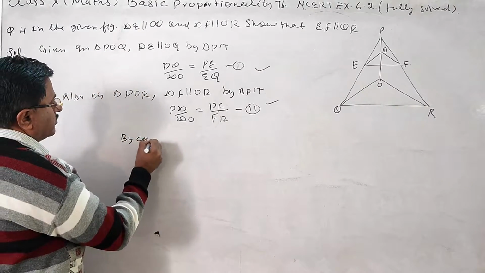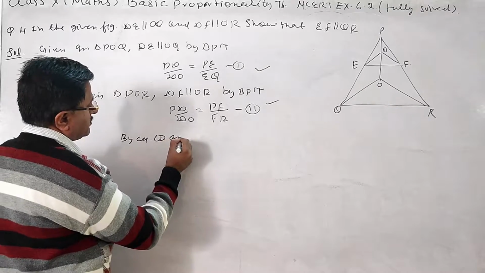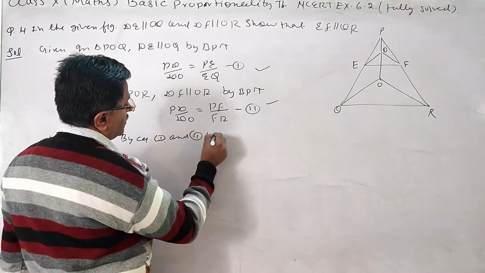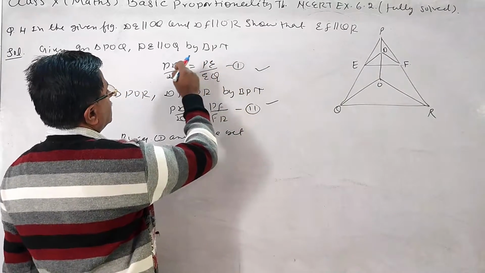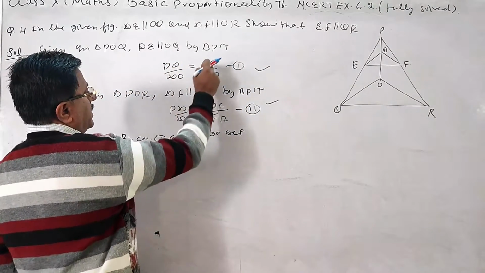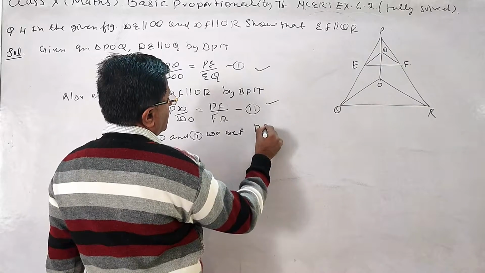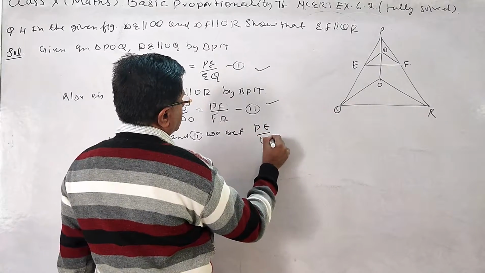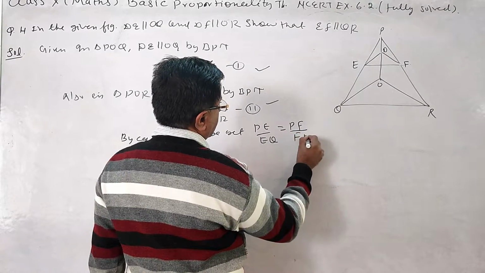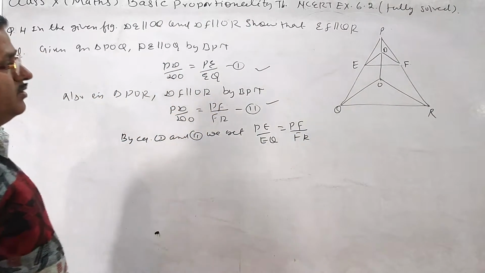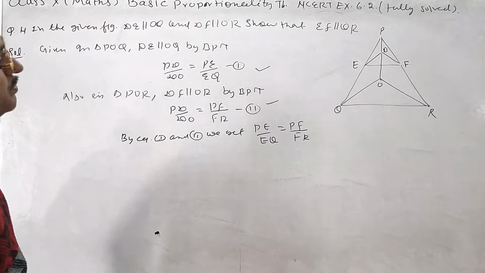So by equation first and second we get what? Both have left side equal. So right hand side should also be equal. PE upon EQ equal to PF upon FR. Now you can say in triangle